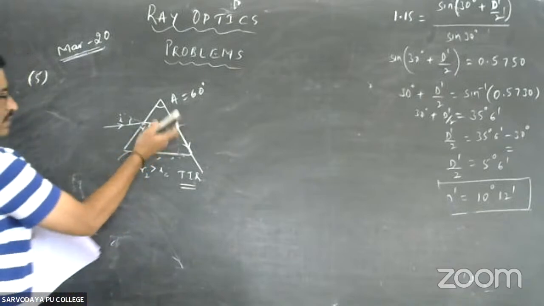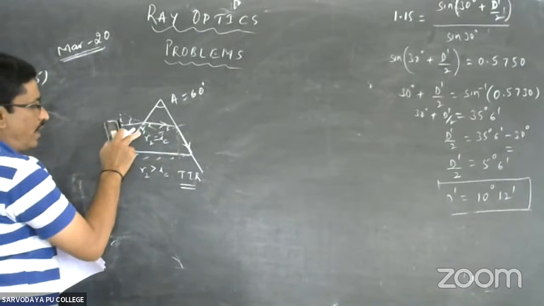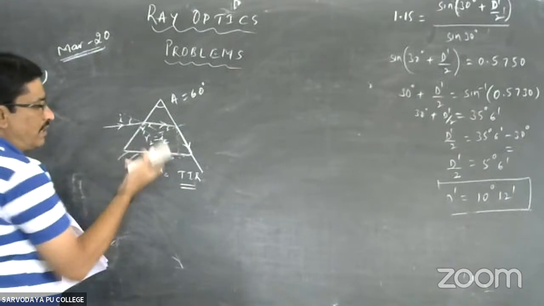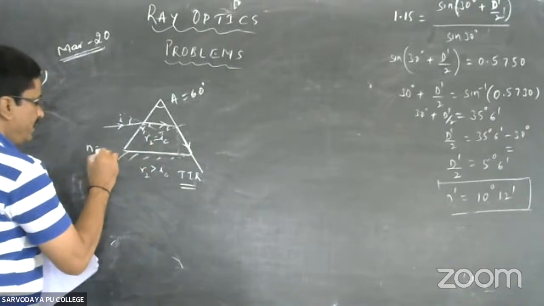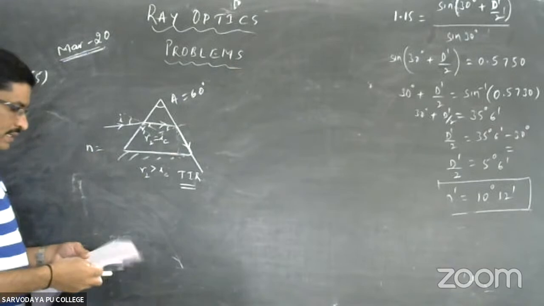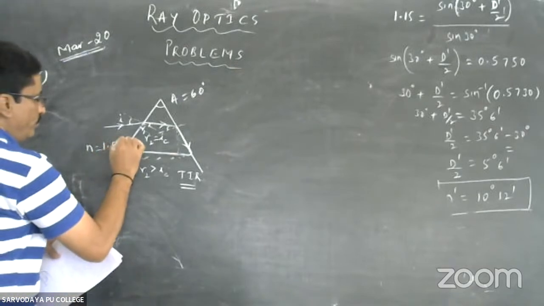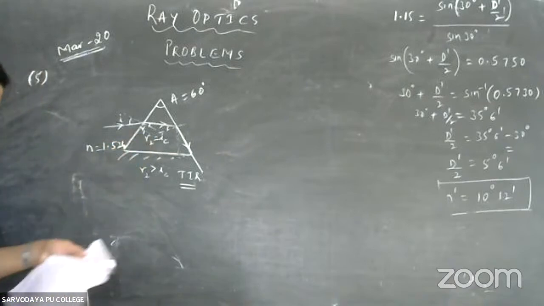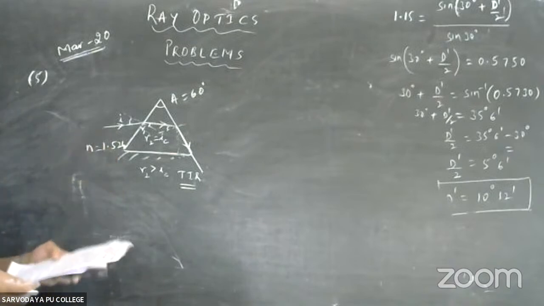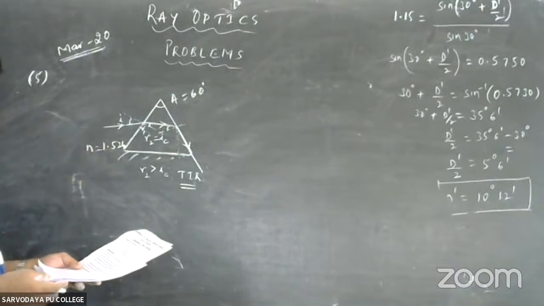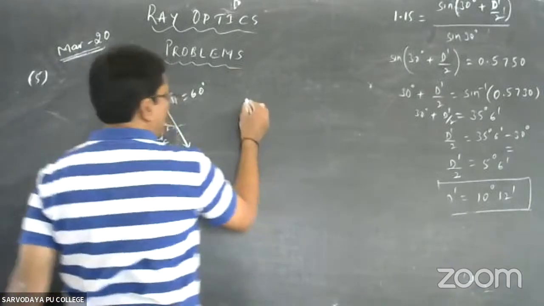Since we know A, I they have been asked to calculate. R1 we don't know, R2 which is IC also we don't know. But they have given the refractive index of the material of the prism, and the value has been given as 1.524. Therefore, using the idea of total reflection,